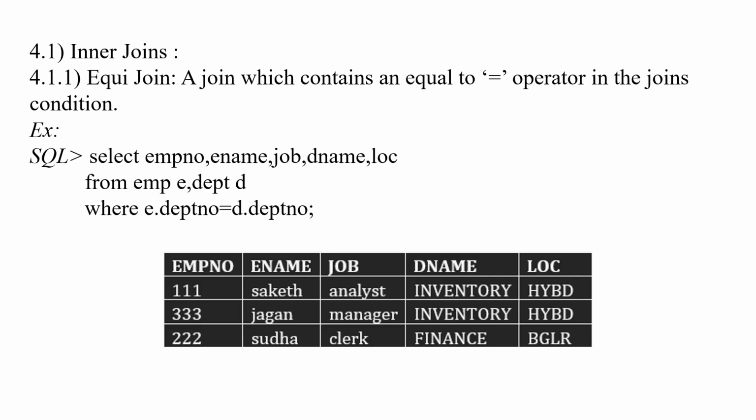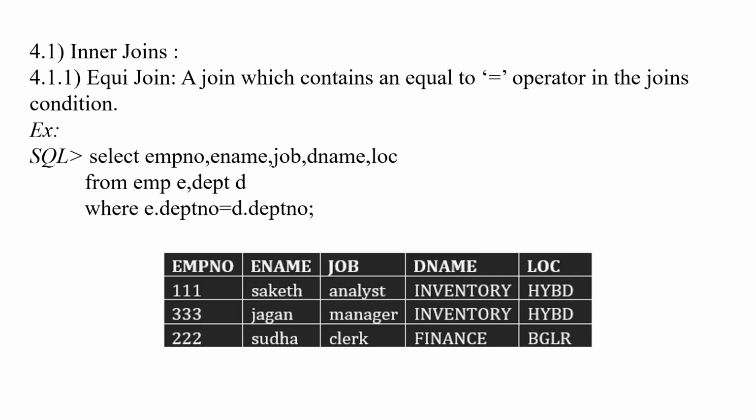The first type is inner join. Inner join consists of three different types of join. First one is Equi Join, second one is self join and third one is natural join. Equi Join is a join which contains an equal to operator in the join condition. Now if we want to retrieve the table where employee department number is equal to department number,